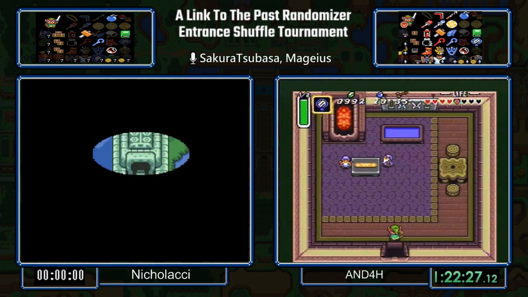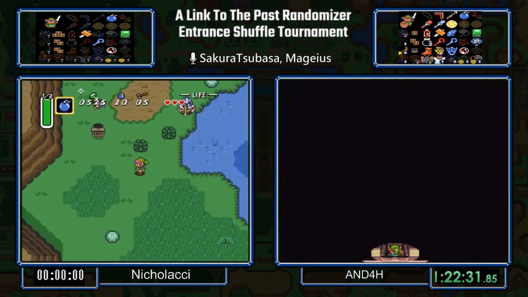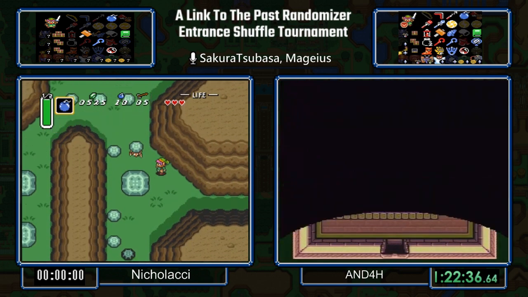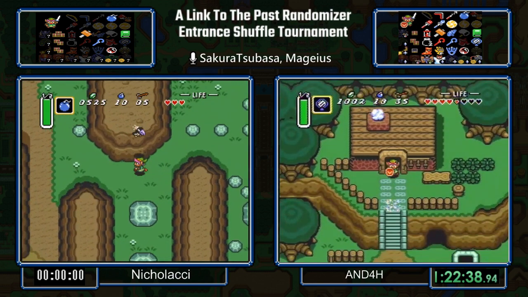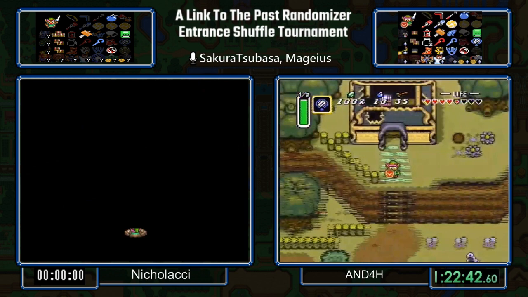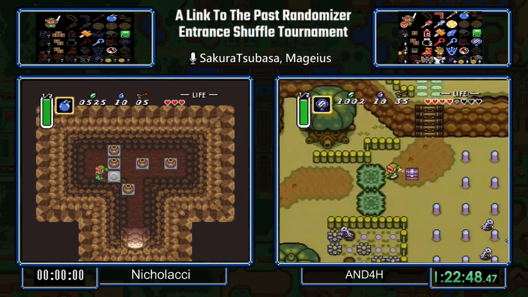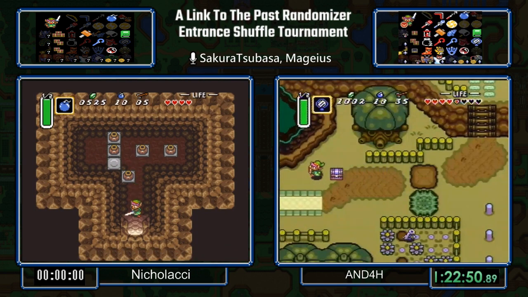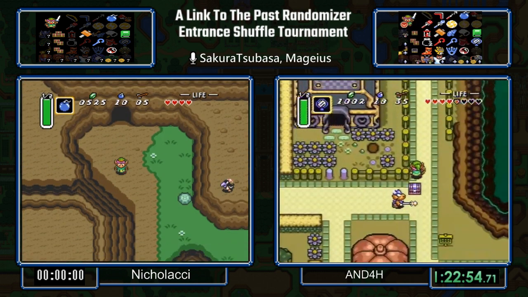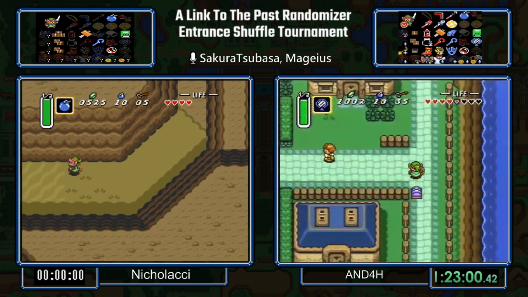Blacksmith has been returned. Which is always good. And gives 20 rupees. So he turns in 10 and makes 20. That's how much it costs in the casual game to get your sword tempered. Don't quote me on that one. I think it is, but then again,